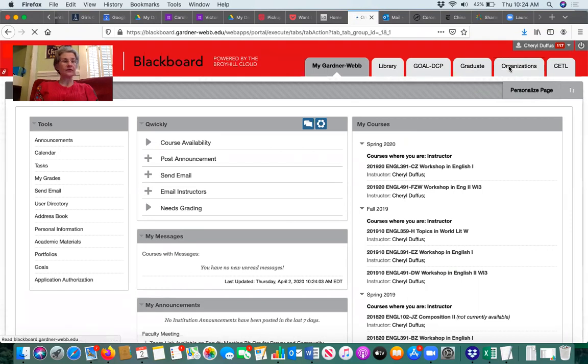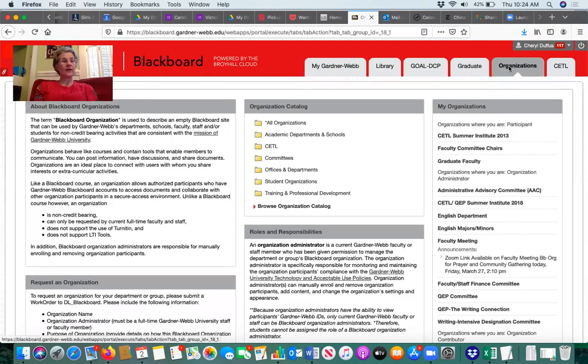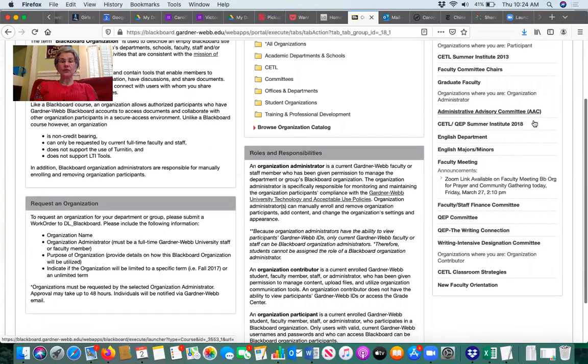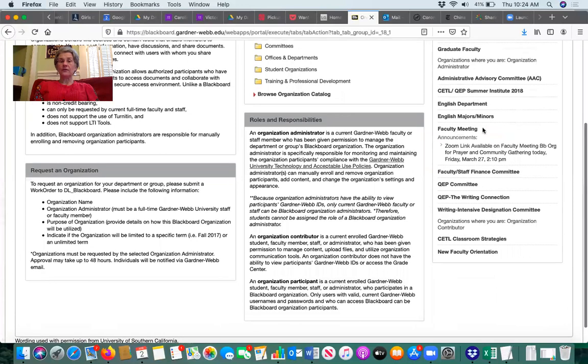Most of us are in organizations for the committees that we're on, or your department or school may have a Blackboard org. You can even ask to have one created for your majors and minors or your graduate students. You can do so many creative things with these Blackboard orgs. If you scroll down, and I'm in a bunch of them, just click on the one called faculty meeting, that's the one we've been using since November for all of our